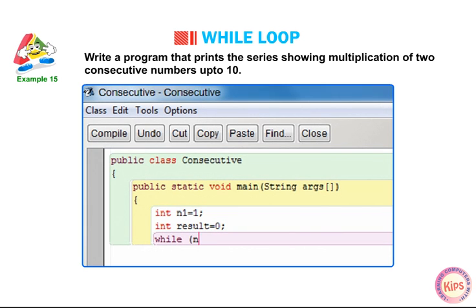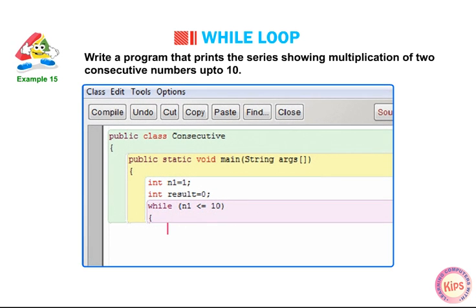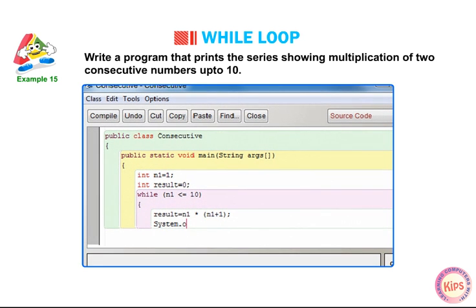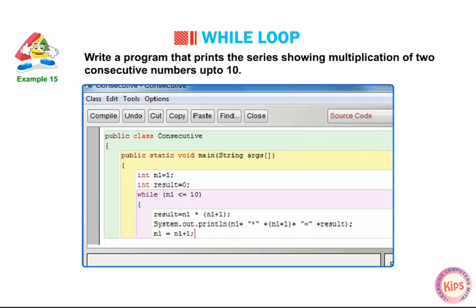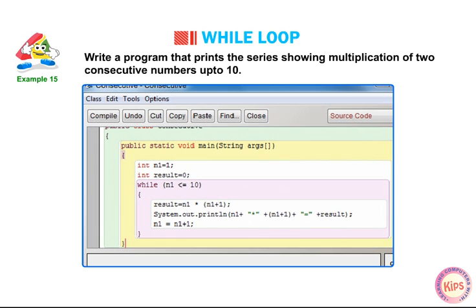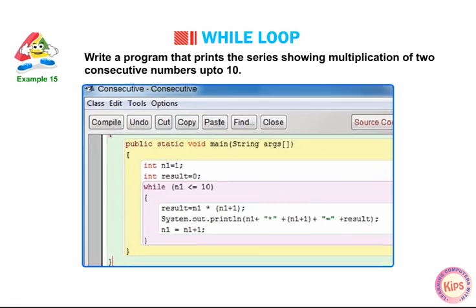while (n1 <= 10) { result = n1 * (n1 + 1); System.out.println(n1 + "*" + (n1 + 1) + "=" + result); n1 = n1 + 1; } } }